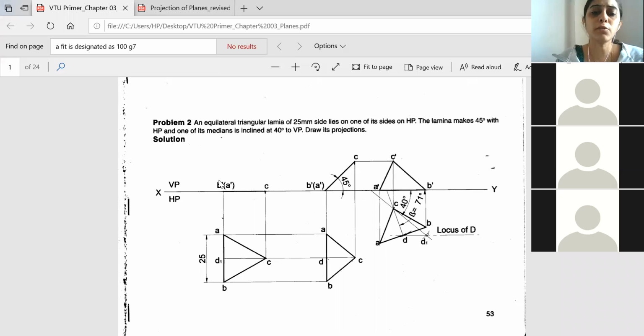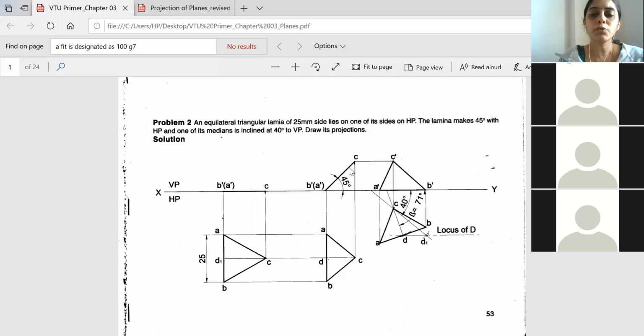So now what you will do is the lamina you will shift to 45 degree line. So this is a front view. So you will fix one point. You have to always leave some space in between. There will be no measurement for how much you have to leave. See that it is convenient and not too clumsy. So leave some space and then you will fix a certain point. So that point will be B dash and A dash. Then you will measure from B dash, A dash to C dash how much it is, and then you will cut an arc on 45 degree line. So now you will get our front view shifted to 45 degree line, and you will name the same B dash, A dash and C dash.